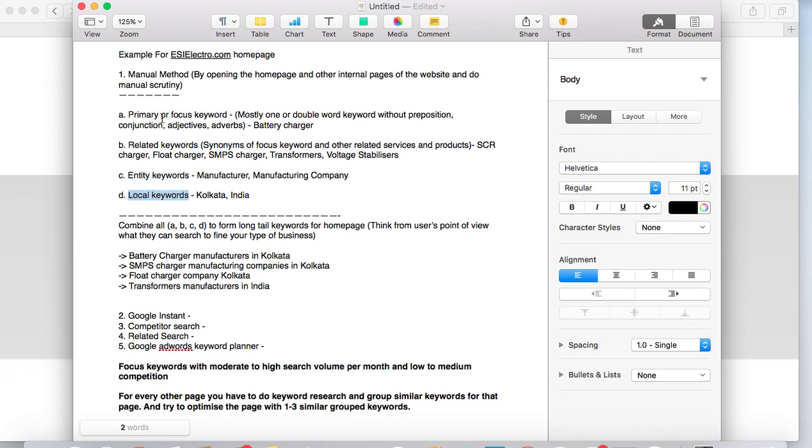For the primary or focus keyword, you should remember that it should be mostly a single-word or double-word keyword, and it is without any preposition, conjunction, adjective, or adverb. That means a, and,